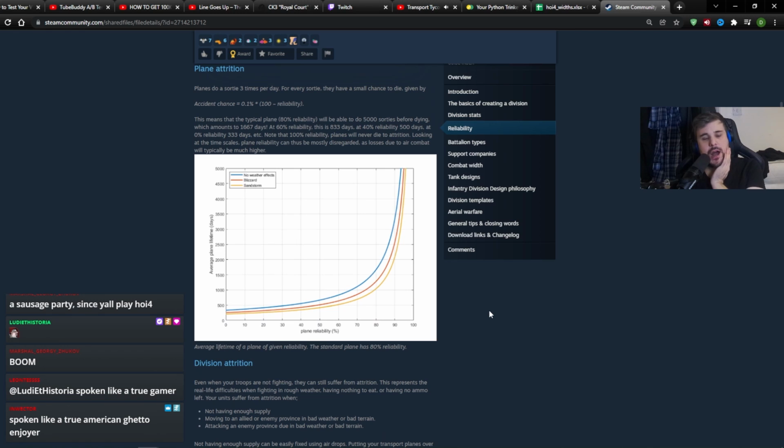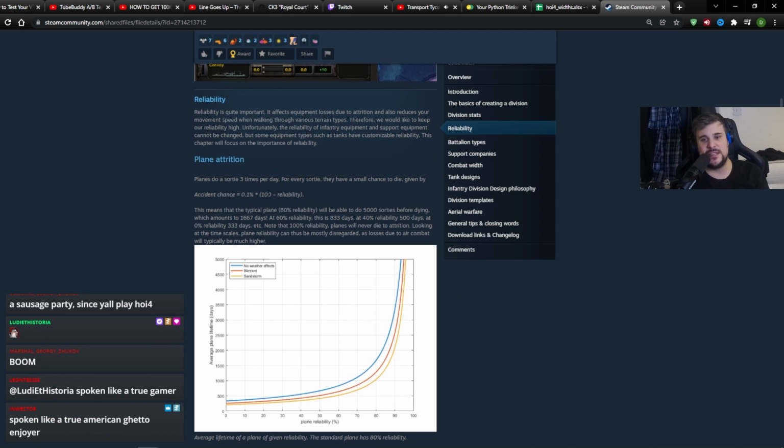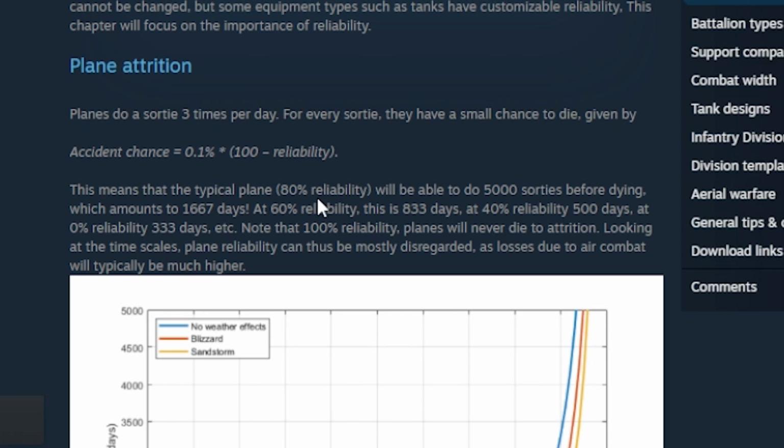Just be aware of that. A lot of people have got really confused in my Let's Play why I'm constantly dropping the reliability of planes really low. It turns out you can drop the reliability of planes really low and the chance of actually crashing is still really low. This means that a typical plane at 80% reliability will be able to do 5,000 sorties before dying. So with an 80% reliability, the plane could fly 5,000 missions before dying in a ball of fire